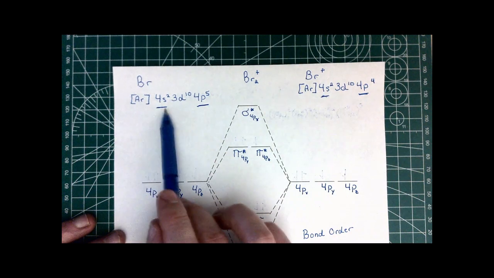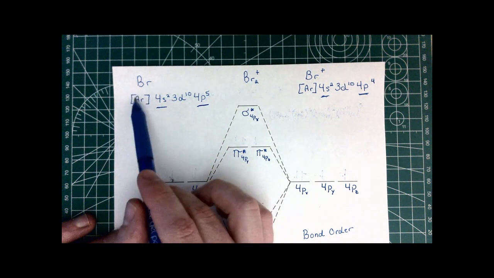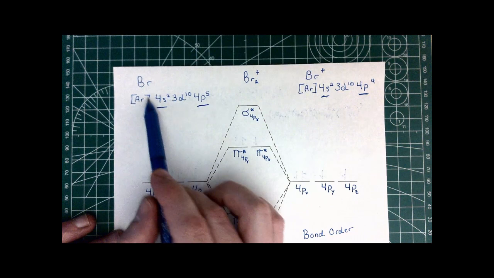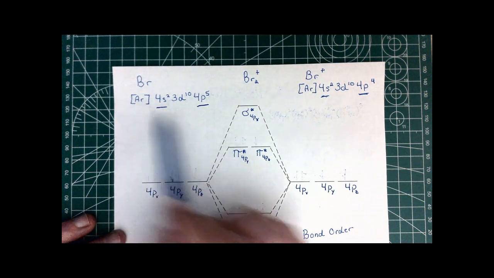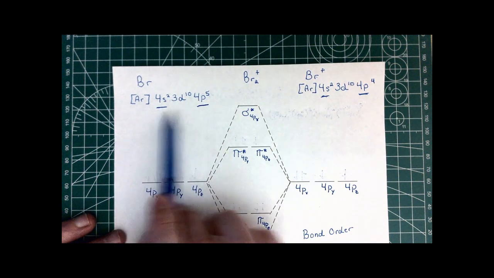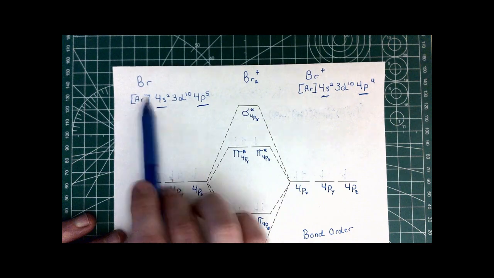Now I wrote out the electron configuration here, but I used this condensed notation. That's really pretty handy, where I just wrote some square brackets and I put argon in here to indicate that this is the electron configuration of argon. And you can see how useful this is, because now we can only see the valence electrons that we really need to be concerned with, and the rest of it is just kind of tidily tucked away